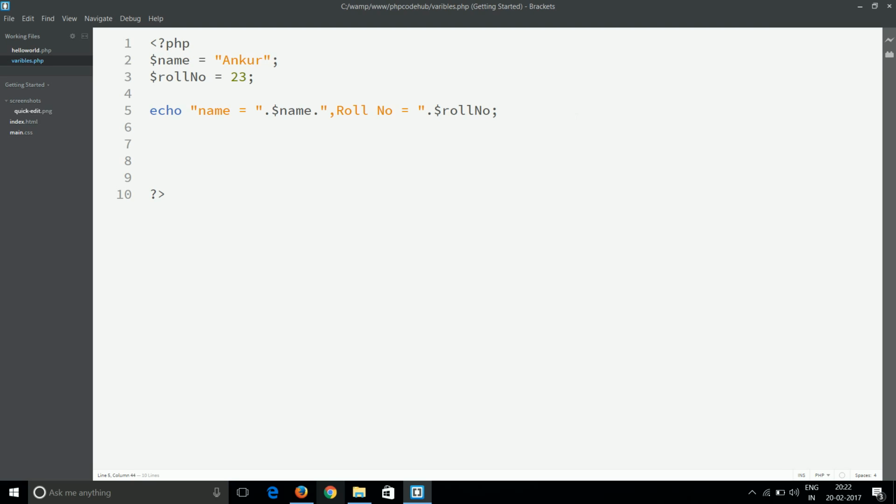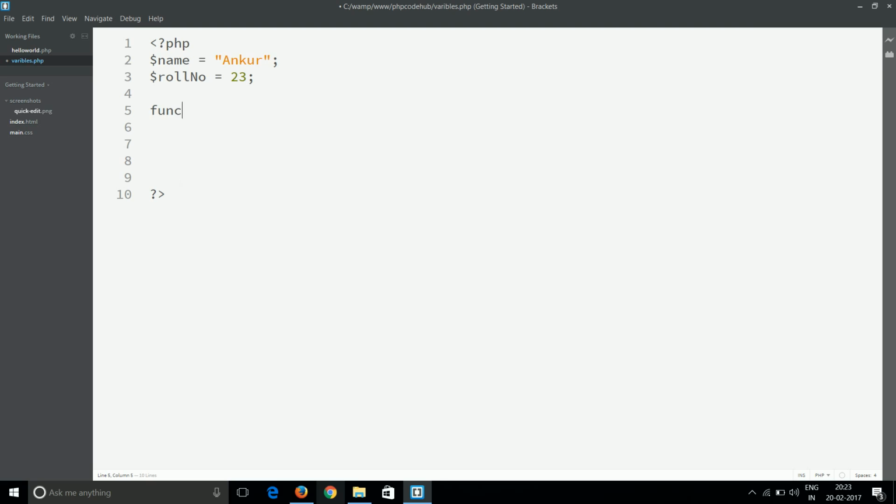Now another thing is, what are the different types of variables in PHP? First of all, there are three types of variable. First is local variable, another is global variable, and third one is static variable. First I will talk about the global variable. We can see here these are two variables we have declared.